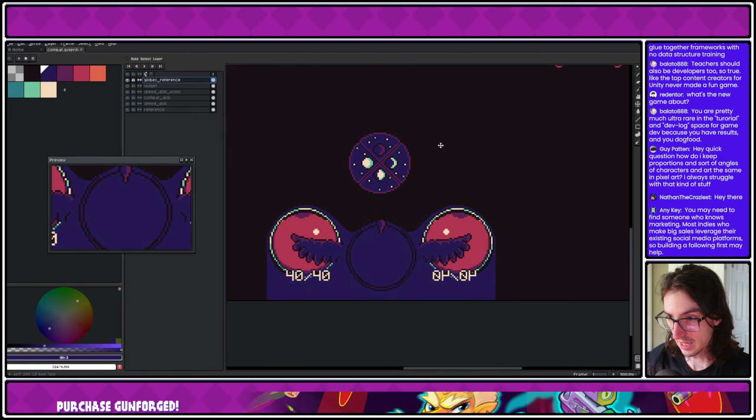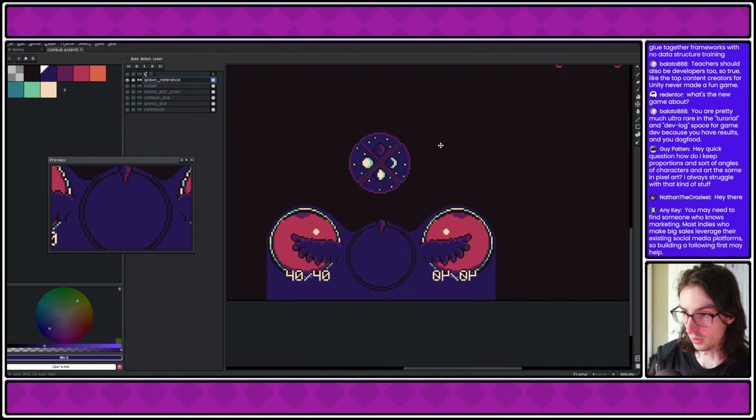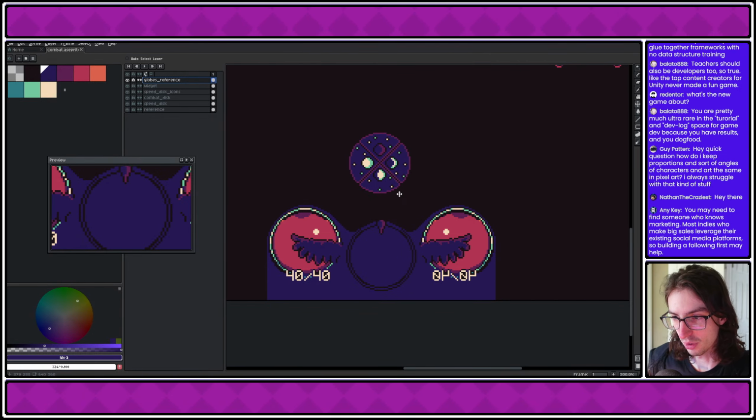So if I want an enemy that feels very large, obviously it needs to be larger than the player. If I want an enemy that feels tiny, it needs to be tinier than the player. But if you don't have the player right there, then you're basically just going to guess about how